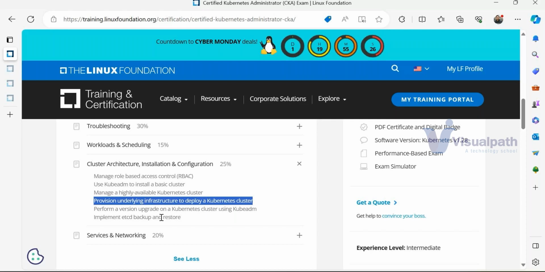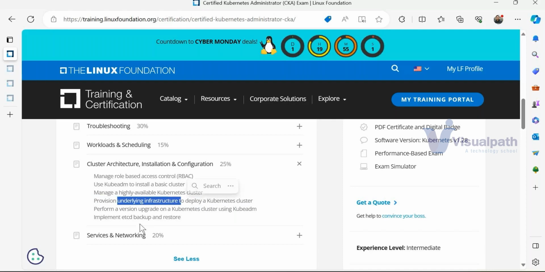Kubernetes is dependent on Docker, because as I said, Kubernetes cannot create containers. It doesn't have the capability to create containers. For that, we need Docker. Docker will create containers, and then Kubernetes will take over and start managing them. There are so many things, so here we will understand the underlying infrastructure which is needed. There is one more session, and at that time we'll talk about it. Infrastructure means machines. In my slide, we'll go back and understand it.